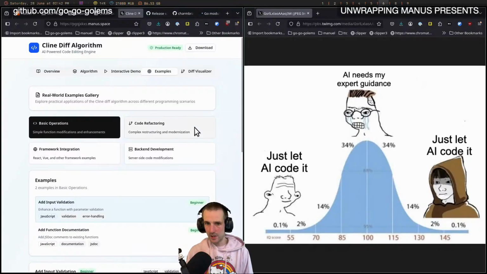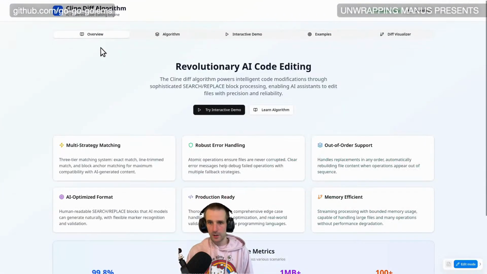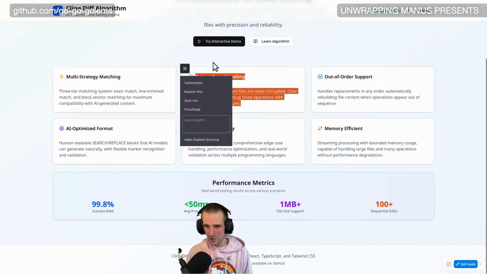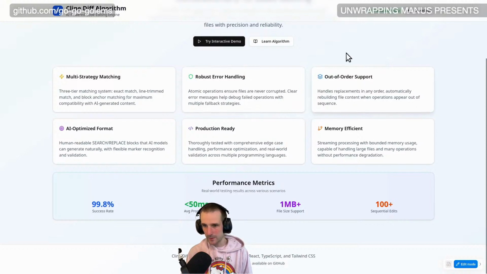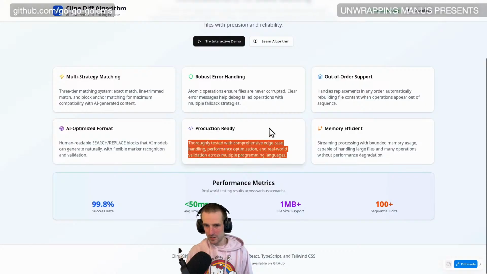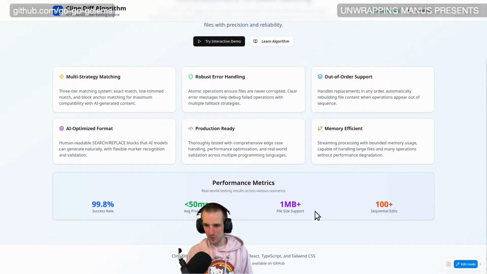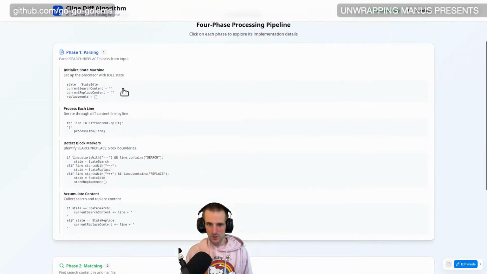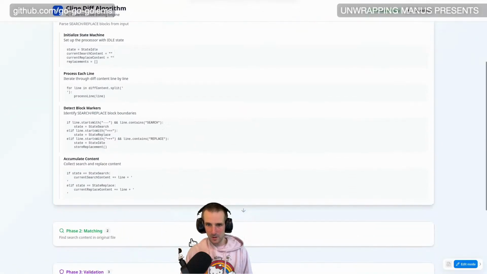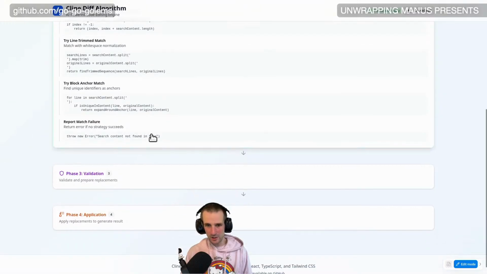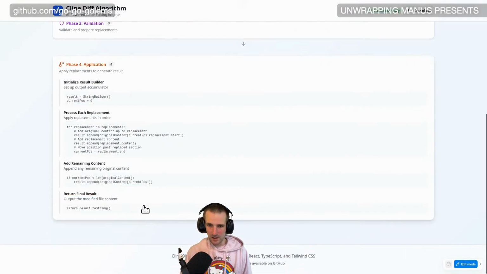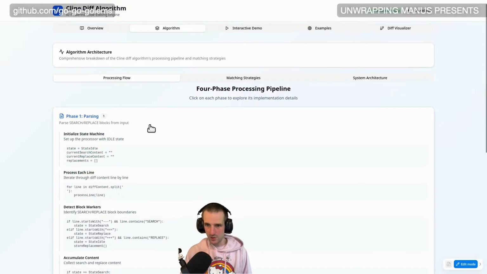So here we go. This is the website that it created, the client diff algorithm. There's an overview, right? And then it has these little cards with the little shadow drop down. I'm starting to hate that slop. This CSS slop. Then it gives you stuff that's completely useless. It always tries to do performance metrics, which is kind of useless as well. This is maybe a little bit more interesting, right? Actually, this is not too bad in terms of usefulness, but why do I need this CSS slop around it? I do need to find better templates for all of this, right? So that I can just,